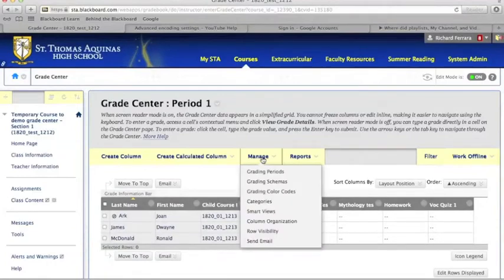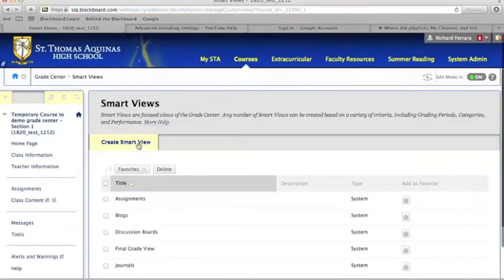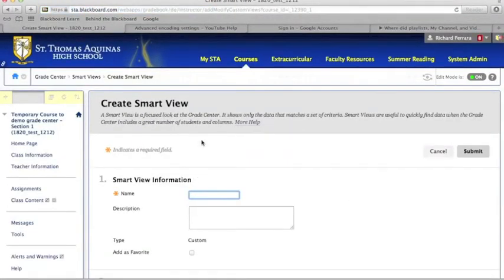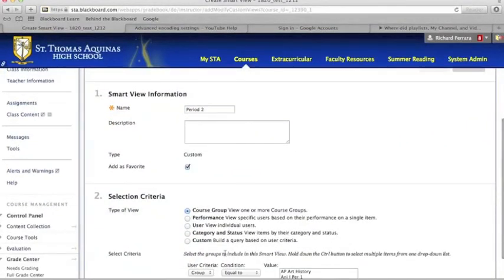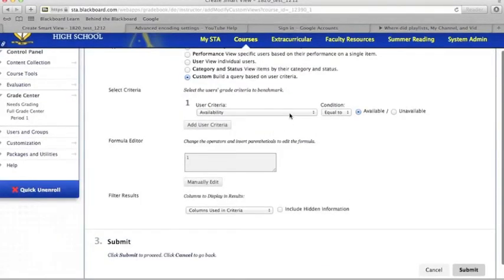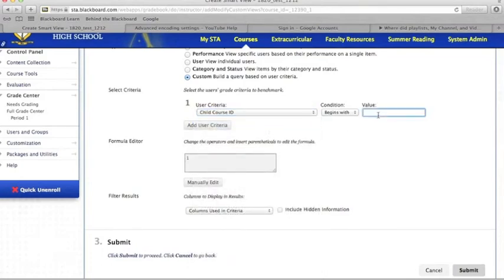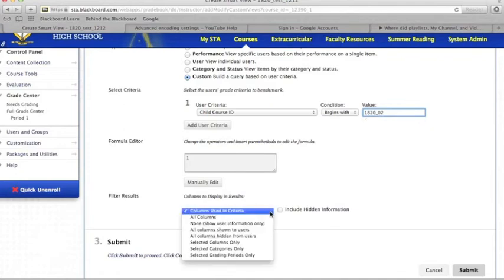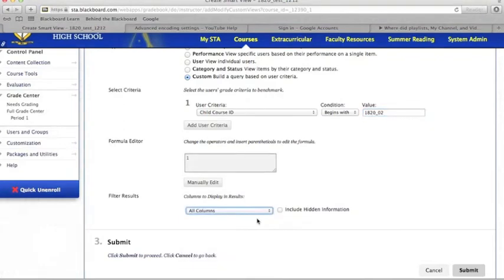I'm going to do one more just to show you quickly. I go to Smart Views, create a Smart View, period 2, say Add as a Favorite, change it to Custom, change this to be child course ID, begins with 1820 underscore 02, and I am going to now change this to say all columns, hit Submit,